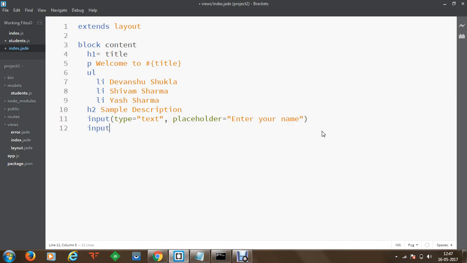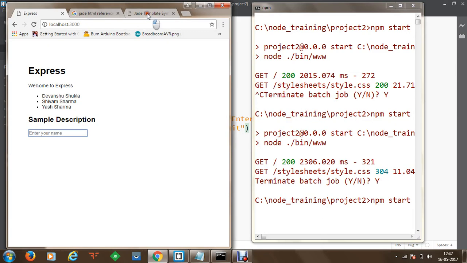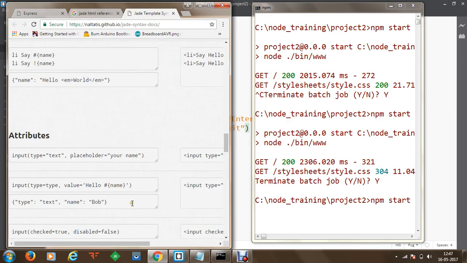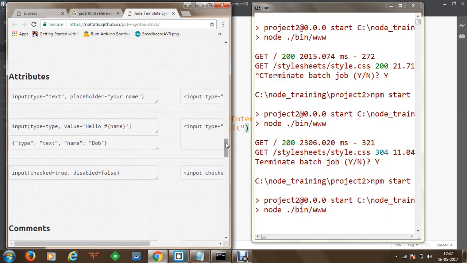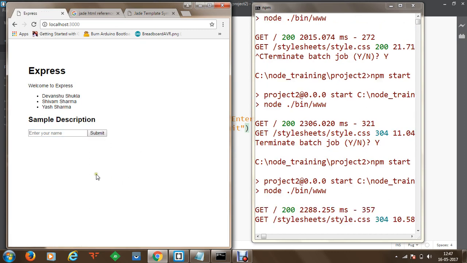So let's try that with type equal to button. Let's see if it supports this or not. Then we'll specify value, let's say submit. We're going to save that. Once we save that, we are going to stop, start, and test. You can proceed to the reference and view what types of elements you can create, and you can try your hand at individual control types as well. Now we're going to refresh, and once we refresh, you can see that we have got a button control available as well.